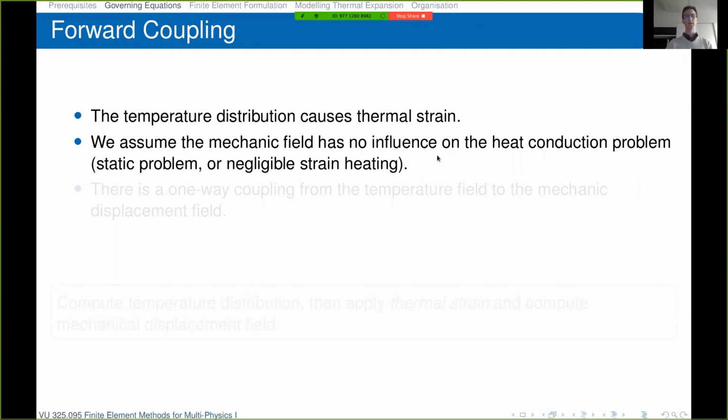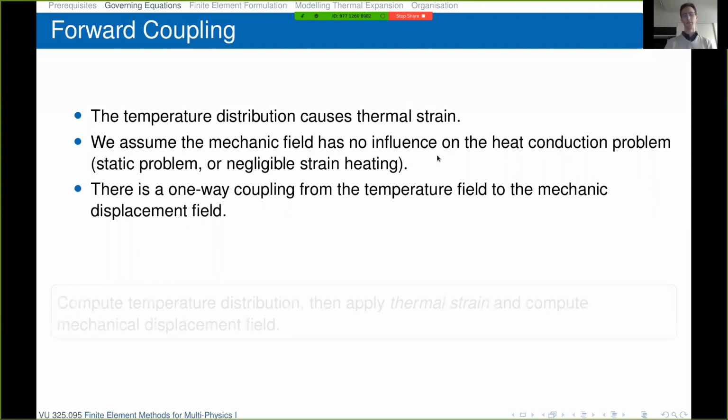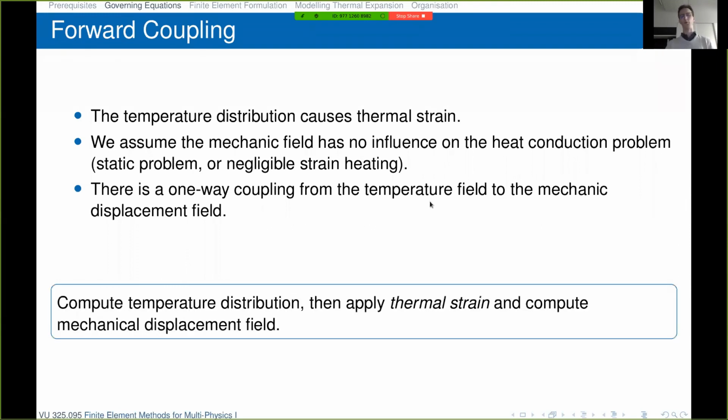And then this coupling becomes a one-way coupling from the temperature field to the mechanic displacement field. So the analysis approach is simply we compute the temperature distribution and then apply thermal strain and compute the mechanical displacement field resulting from the given temperature distribution. And how this works, we'll